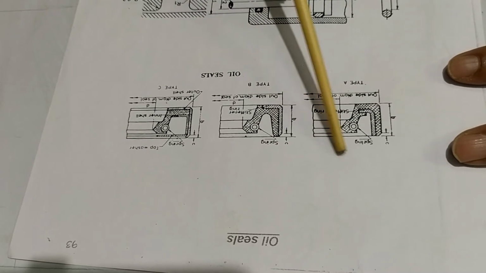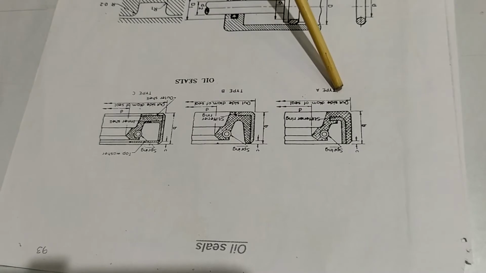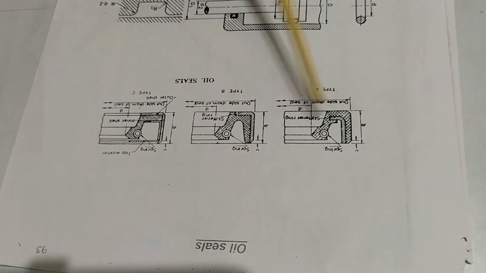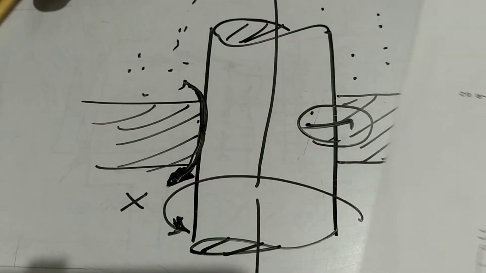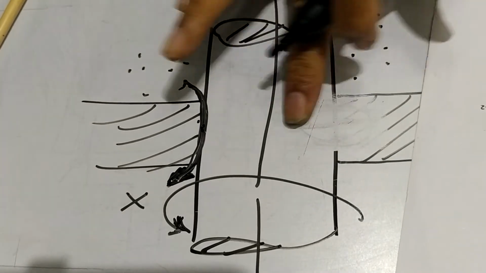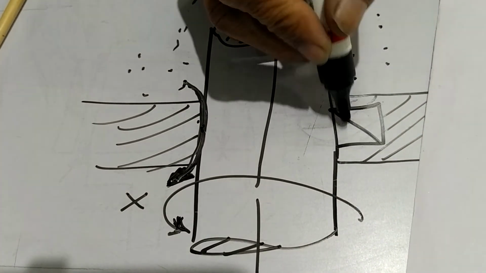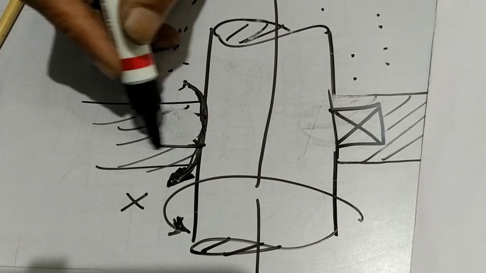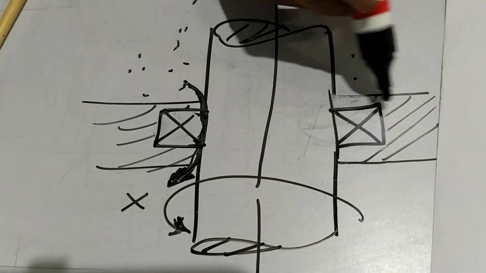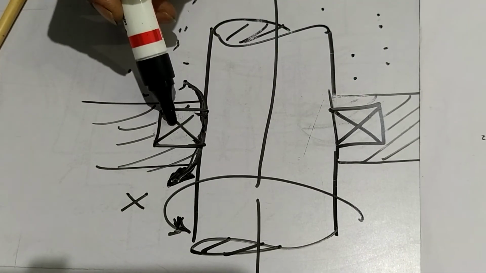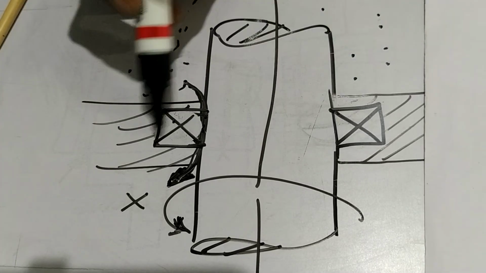Okay, so now what is drawn here is an oil seal. Now what oil seal is drawn here? Three types of oil seals are drawn: type A, type B and type C. And what is shown here is only one side. So if you see this part, as I said earlier, the oil seal that is fitted here, suppose I fit oil seal here, suppose this is oil seal, this full part is like a ring which is oil seal. Okay, because of the section it is seen here and here. Okay, but it is something like a disc.